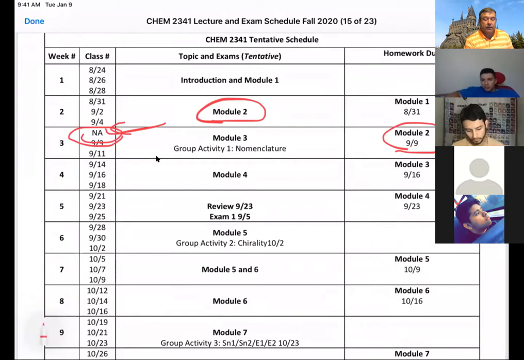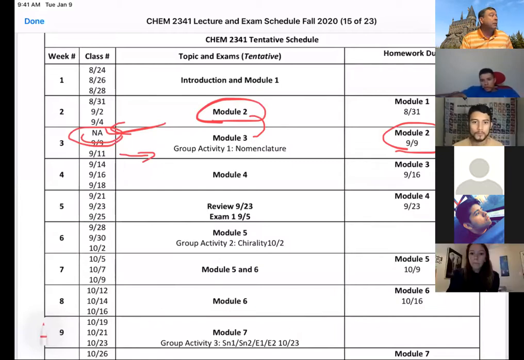We'll probably start Module 3 this week, and on Friday, we're going to have our first group activity. It's basically nomenclature of all the different rules we use together, and it'll solidify all the different rules of nomenclature. The key of nomenclature, as you'll find out later today, is follow the steps in order. If we follow the steps in order, nomenclature is not hard. It's just following the pattern and getting that to go correctly.